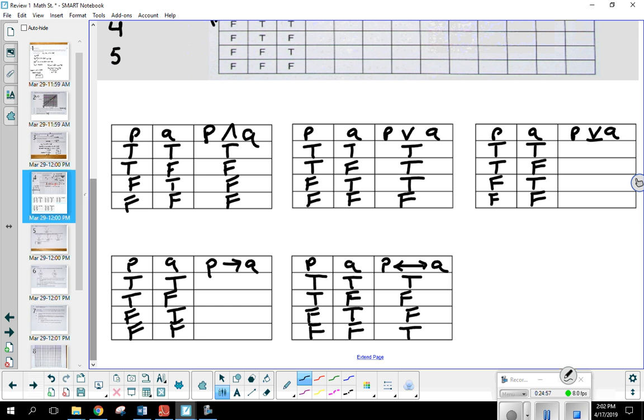With exclusive, can I have 2 truths? That's false. What about 1 truth? That's true. One or the other, just not both. And then what about this last one? False. Okay. Now, I'm reasonably sure that your formula book is going to have a table already created for you